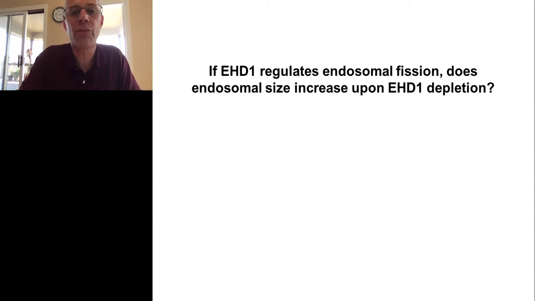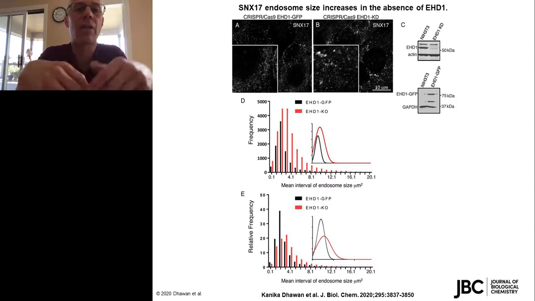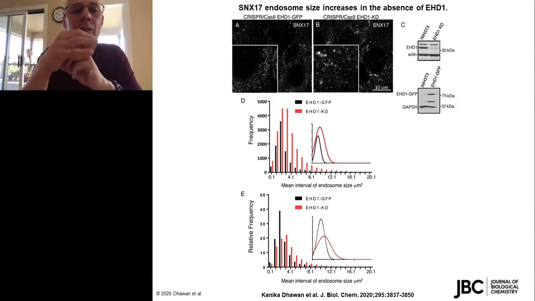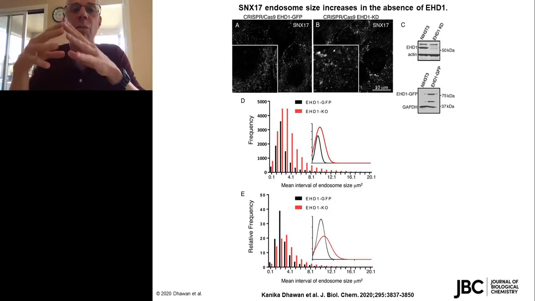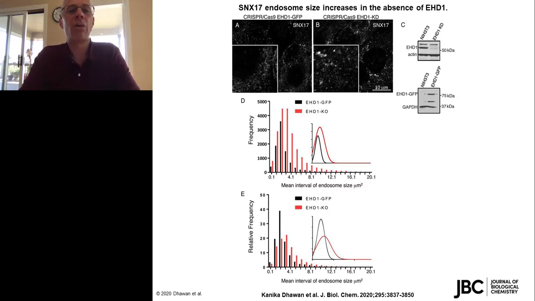So finally, if EHD1 regulates endosome fission, would we expect to see an increase in endosomal size if we deplete EHD1 from cells? And we used our CRISPR-Cas9 EHD1 knockdown cells and CRISPR-Cas9 EHD1 GFP tagged cells to compare what happens in cases where we knock down EHD1. So in other words, here are the parental cells, the EHD1 GFP cells,